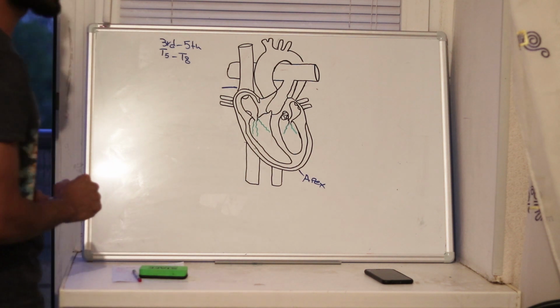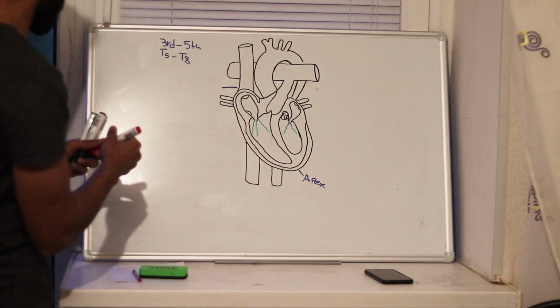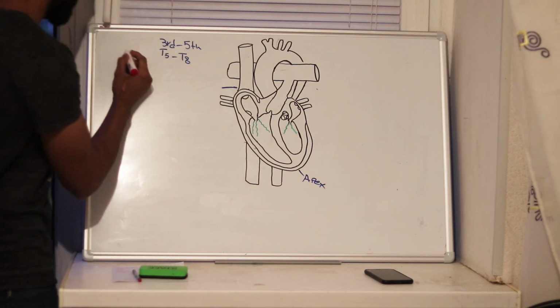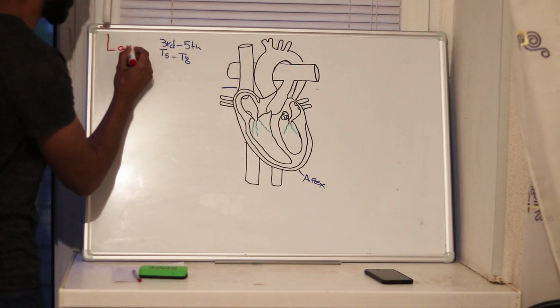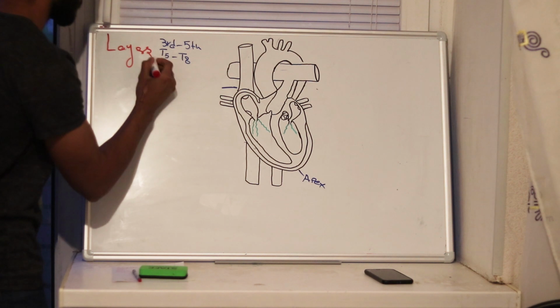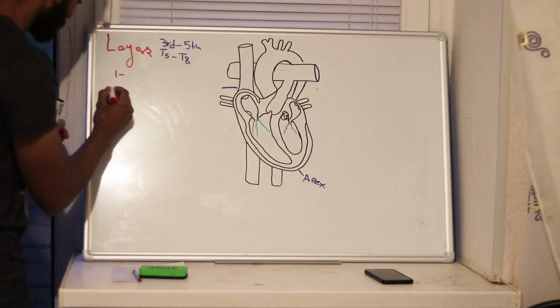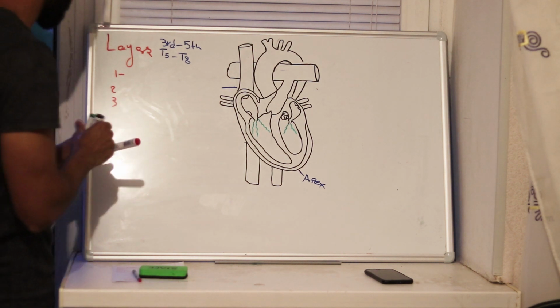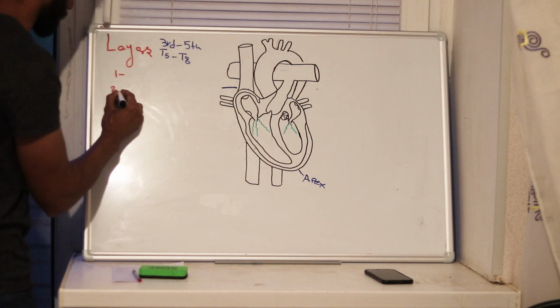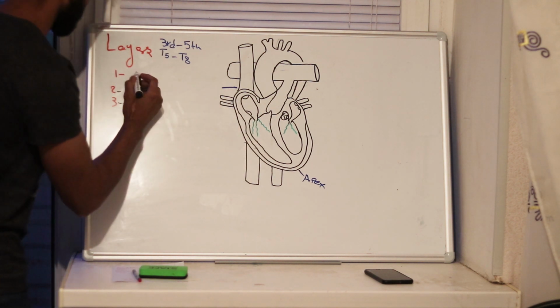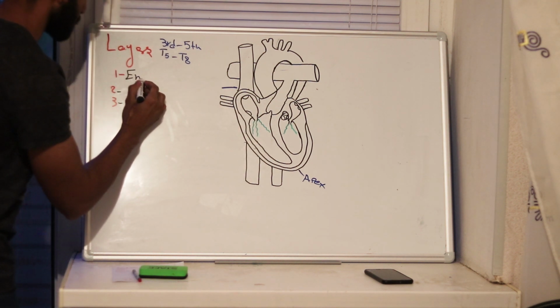What about the structure of the heart? The structure of the heart is composed of three layers. Okay, let's talk about the layers of the heart. Here, from inside to outside, we have endocardium,